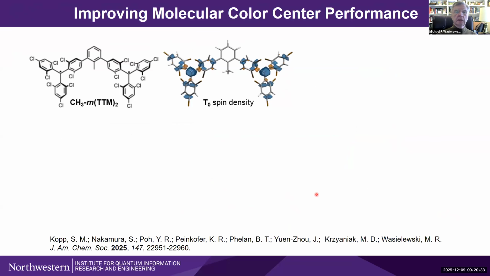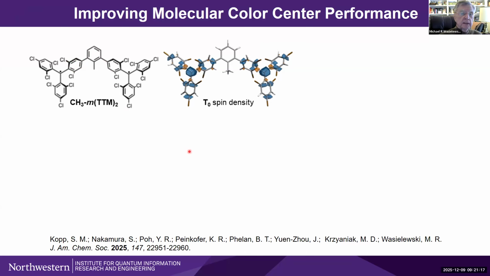So how are we going to make this better? I think that's really the crux of the matter here. And it turns out this is where guidance from theory gave us some important clues. For instance, the twist angle of these phenyl groups that are connected to the central benzene ring are important in the mechanism, because the mechanism of how the spin selectivity works from the excited triplet state of the system has to do with some degree of charge transfer character in the system. And when you twist the orbitals in that way, you enhance the charge transfer character of that intersystem crossing transition.